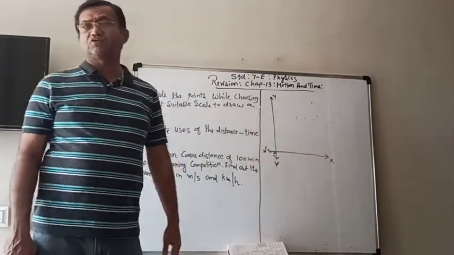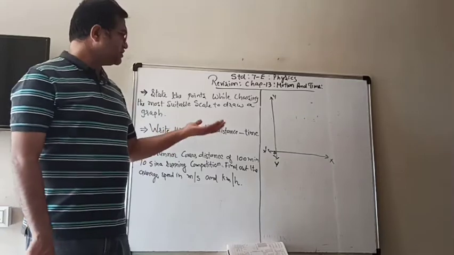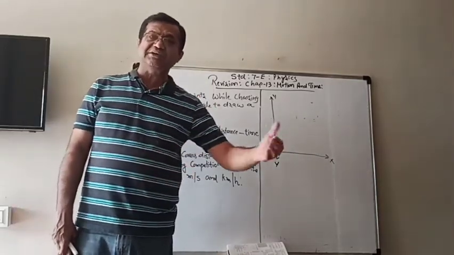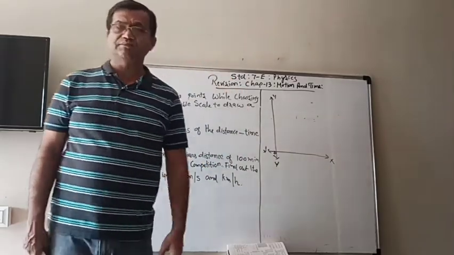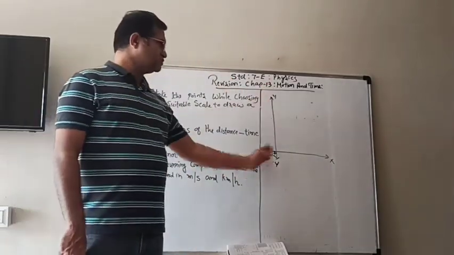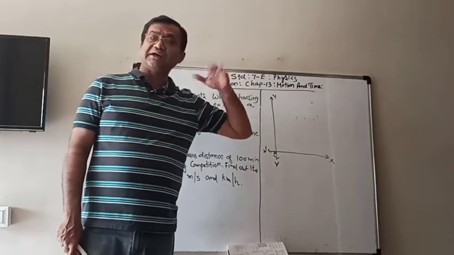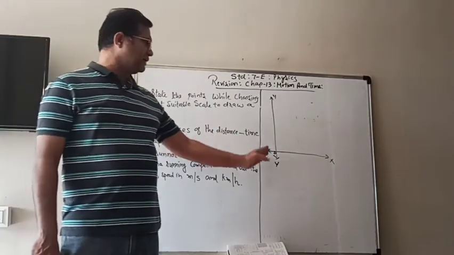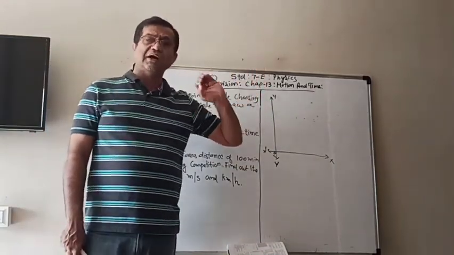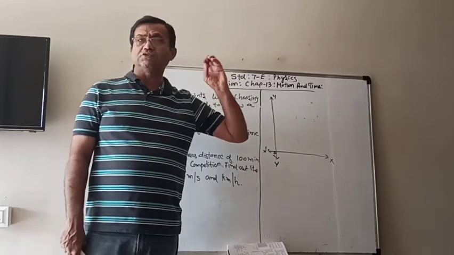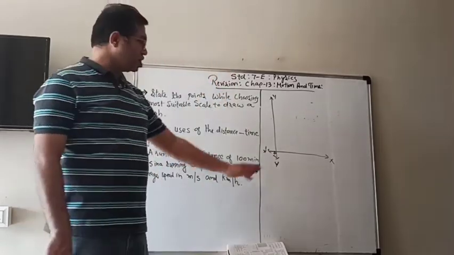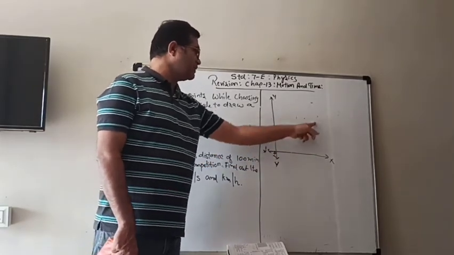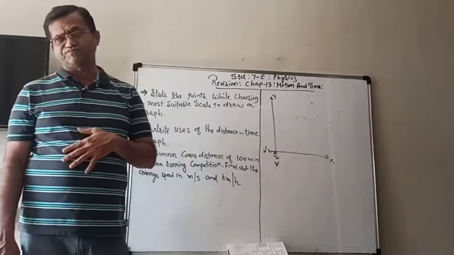And the dependent quantity, like distance. Distance covered is measured in time, that is, in how much time how much distance is covered. So the distance, the speed or acceleration, etc., you will learn in the higher standard about it. So the dependent quantity we have to show on the y-axis. And according to the x-axis and y-axis we plot the points, and by joining the points we draw the graph.